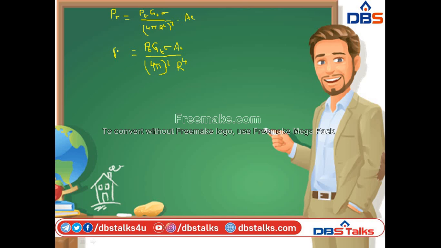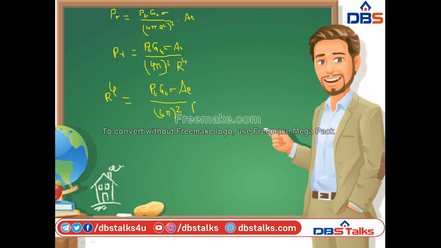So PR equals PT GT sigma AE by 4 pi whole square into r power 4. So we need to calculate the range. So r power 4 equals PT GT sigma AE by 4 pi whole square